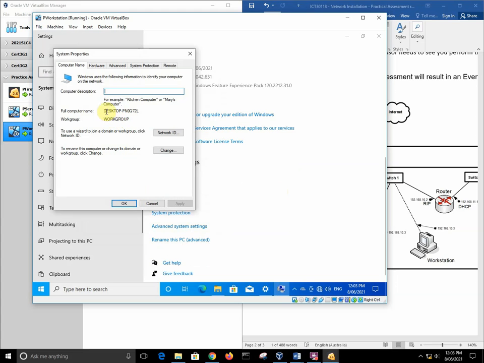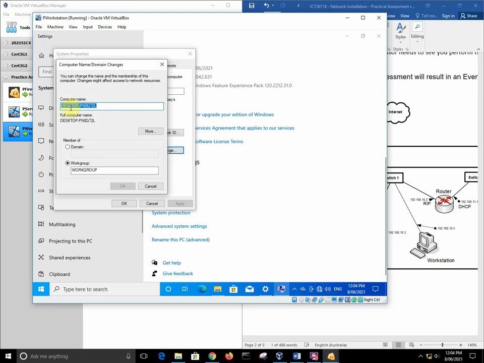And you can see the name of this computer is actually an awkward name. So we want to change that back to Workstation. And it's currently in a workgroup called Workgroup, and we want it to be in a domain. So we're going to hit the change button here, and we can actually do both of these at once. I'm going to call this thing Workstation. And I'm also going to click on Join a Domain and call it